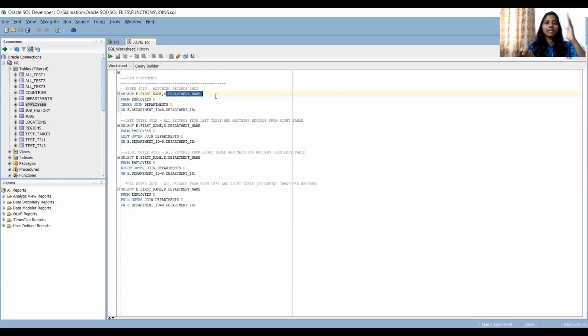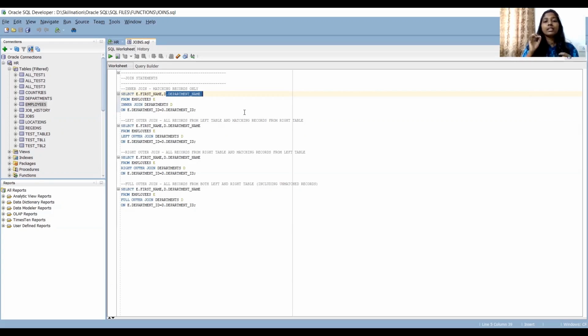What is the left side table? Employees. And what is the right side table? Departments. On, there should be a condition for the join. On what basis are you joining these? If you're saying joining, you are supposed to have a basis, right? What are these two tables getting joined on? E dot department ID equal to D dot department ID. What is explained here is that both the employees table and the departments table have the column department ID.